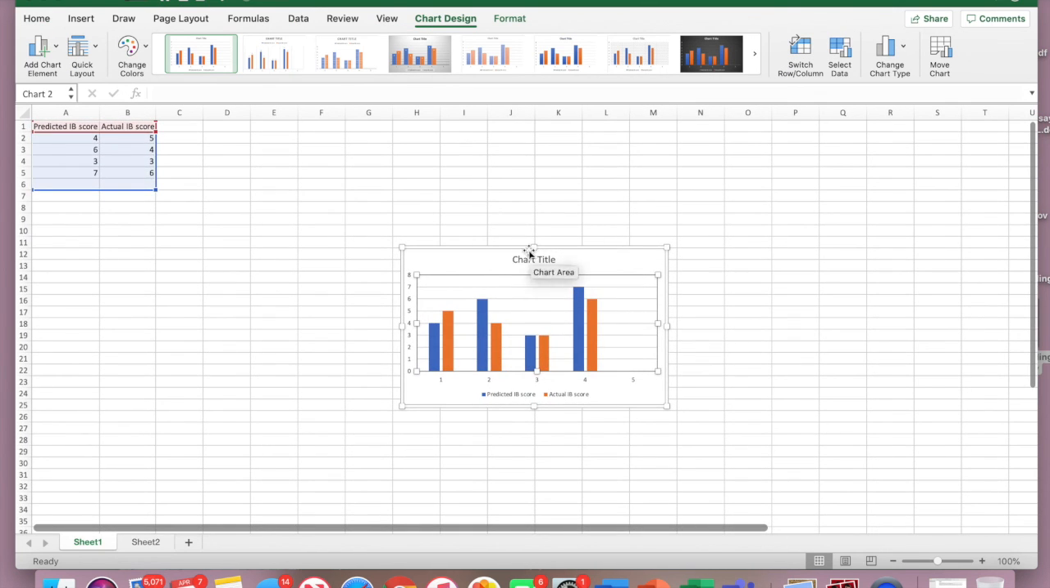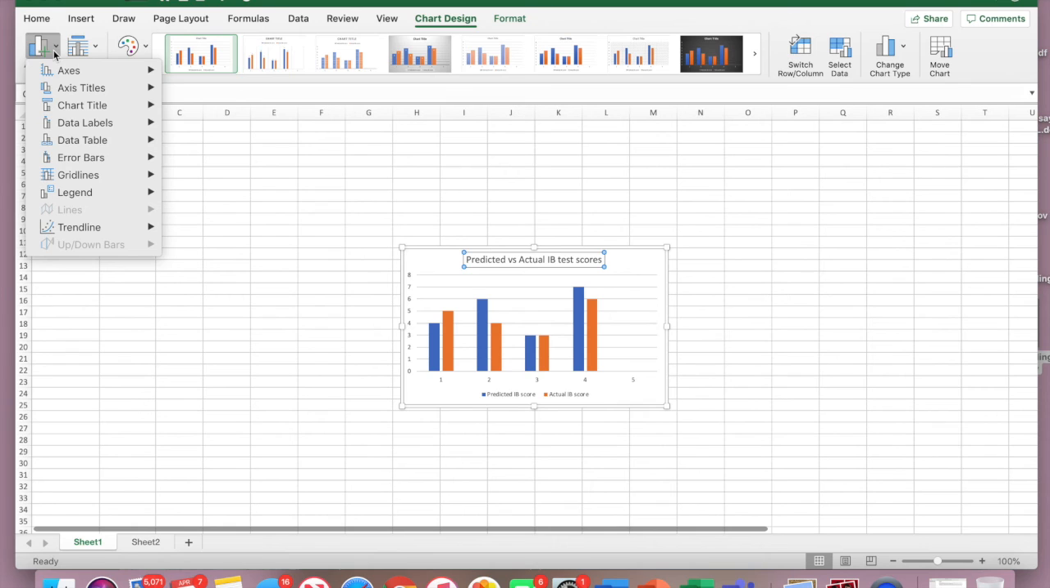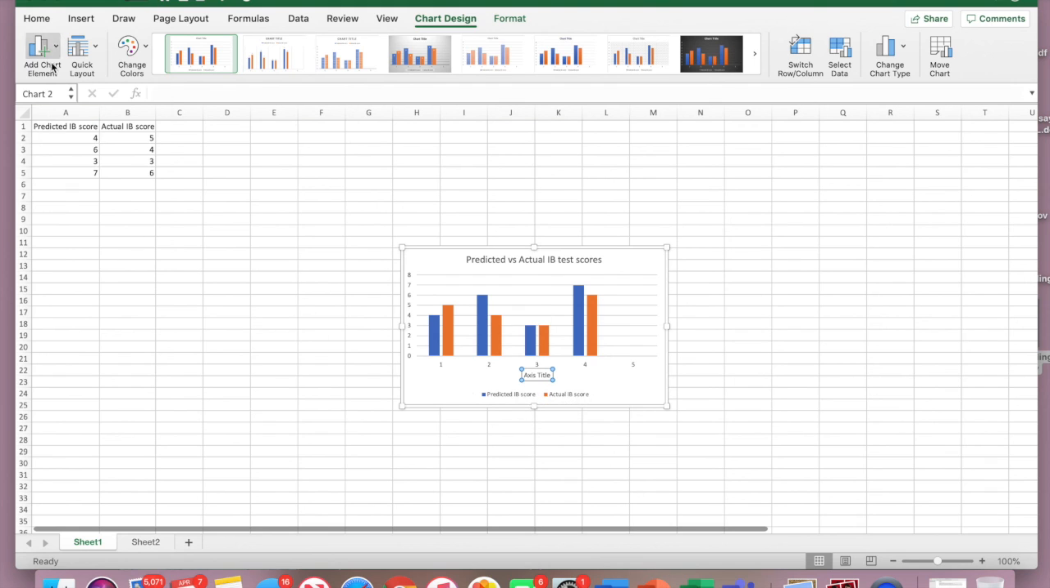So the next thing that you're going to want to do is add a chart title. So here what we're comparing is predicted and actual scores. So we're going to add in the title, predicted versus actual IB test scores. Then another thing, you see how your X and your Y are not labeled in this graph? You can do this using Excel. You go to chart design, add chart element, and then axis titles, primary horizontal, that's going to be your X, and then primary vertical, and that will